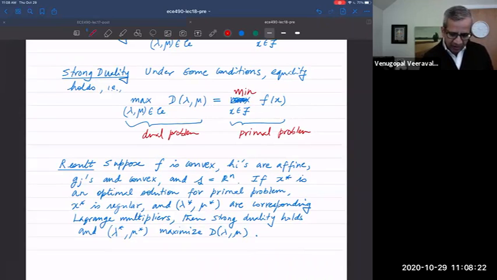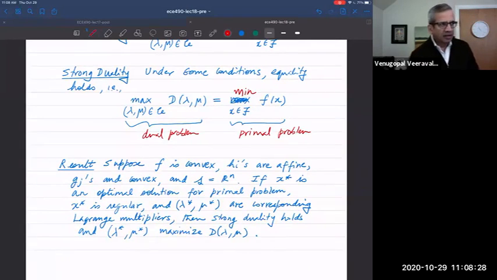The conditions that we'll first study are the simplest conditions, and the conditions under which it's the easiest to prove duality. Then I'll mention some other